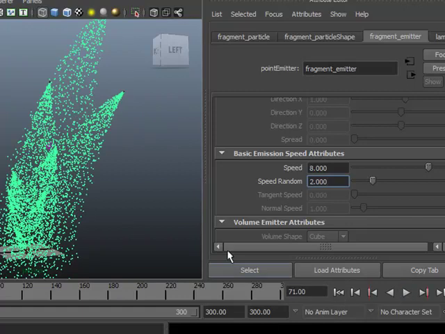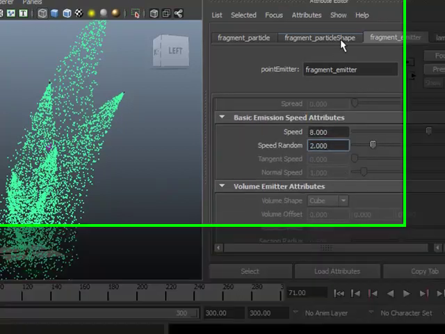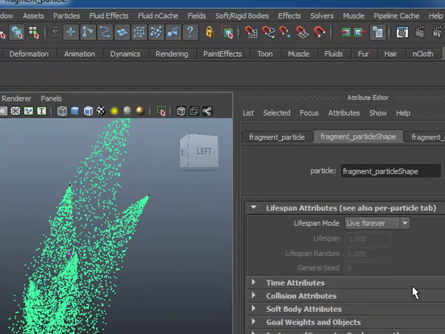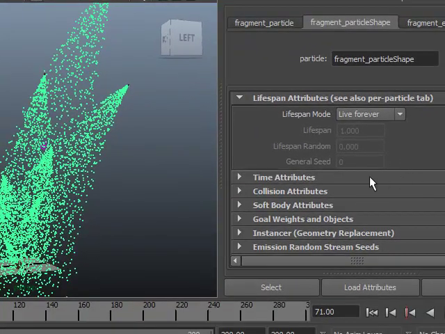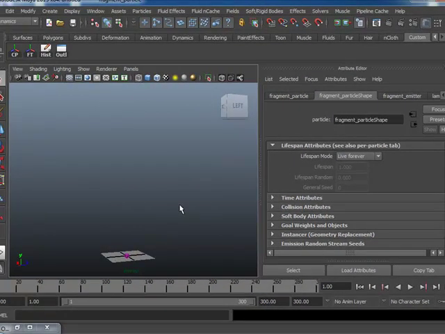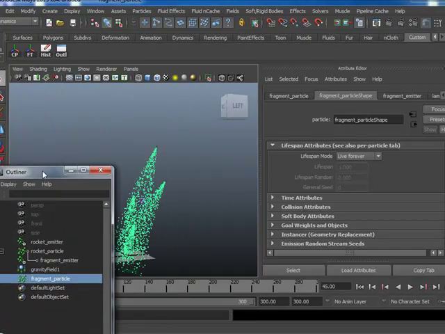Okay, now with these settings, let me go to fragment particle shape. So here in fragment particle shape, after applying one particular attribute tool, I'm going to change this attribute. So let us go back to the very first frame. Now hit play. Now I'm going to the outliner. I'm going to select now